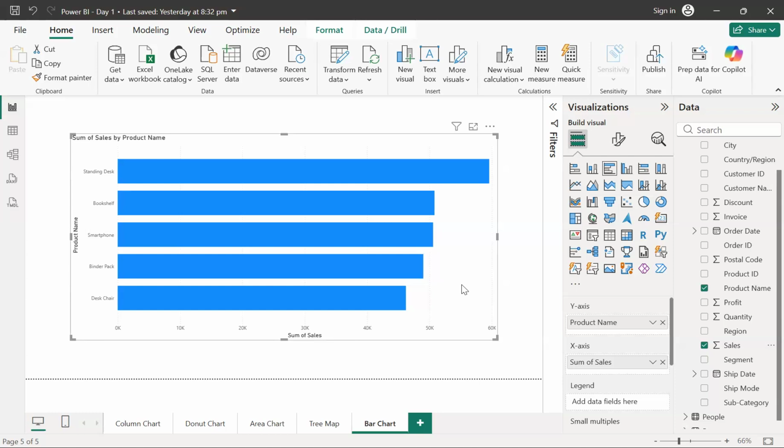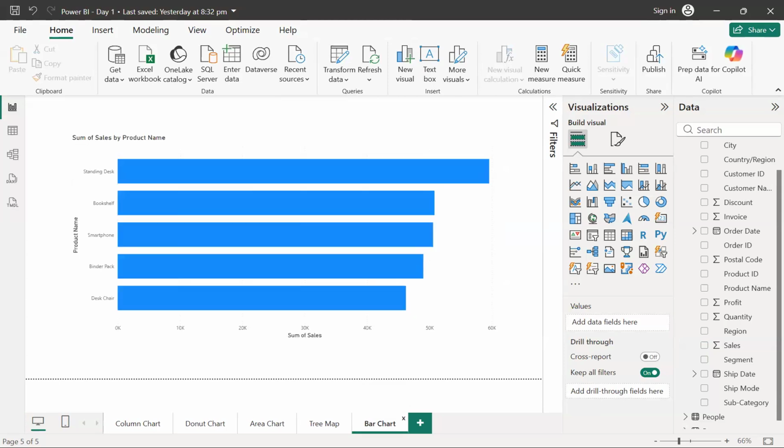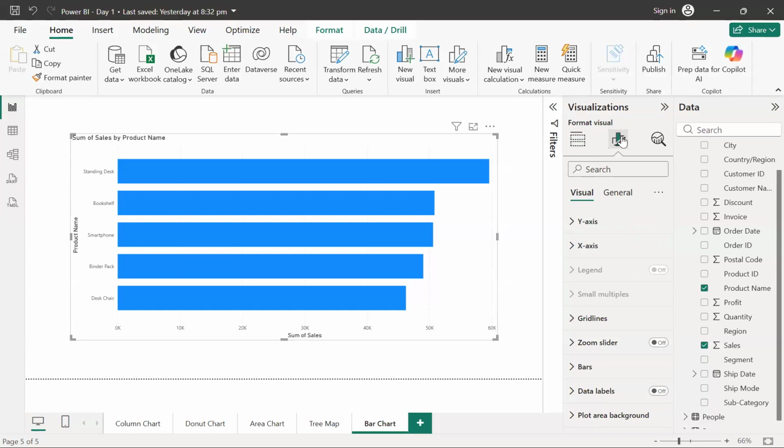Okay. So again, guys, I told you that this is not just a one-step process. Always try to add more information like you have done earlier. Even in the column chart, we tried to make it a stacked column chart to add one more piece of information with respect to the category. Similarly, over here more information can be added to make it more intuitive and informative. Before that, since you have already created it, you can try to just complete it.